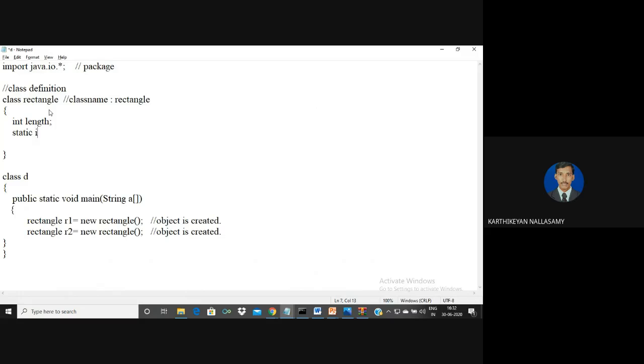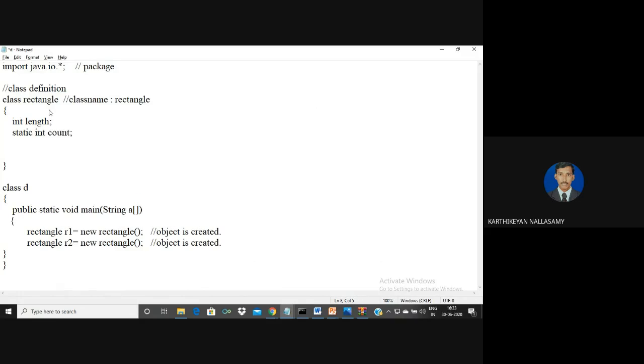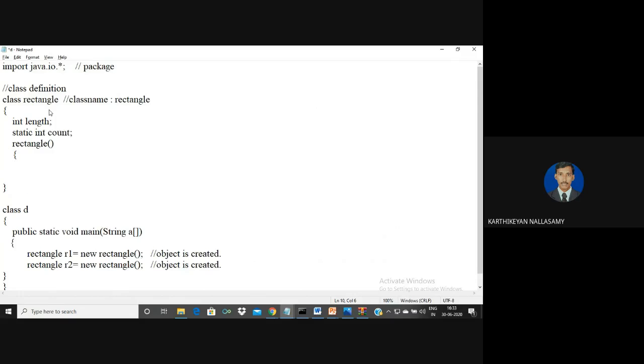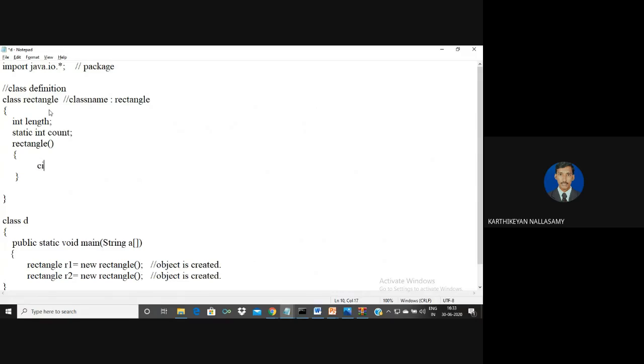In this case, I'm going to make the variable static, and the default value of a static is 0. I'm going to use a constructor now to count how many objects are created. Simply I'm going to print the value of this. We know that whenever an object is created, the constructor method is automatically accessed.